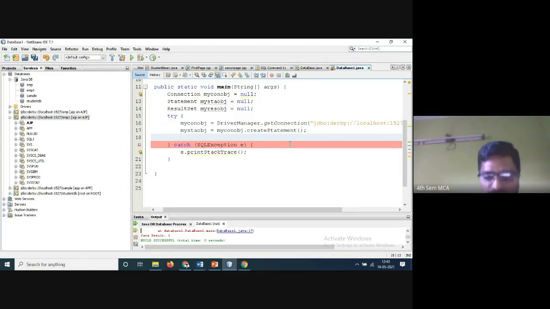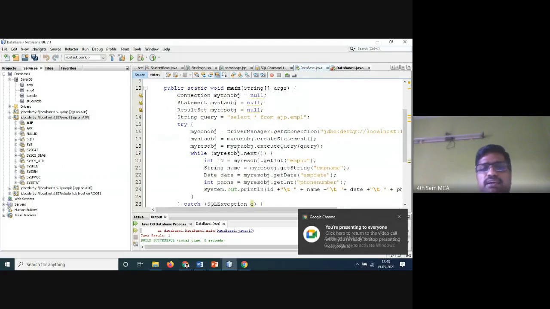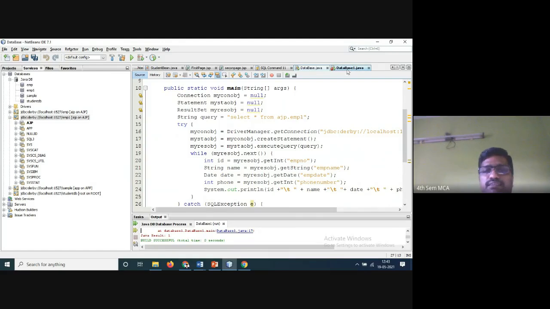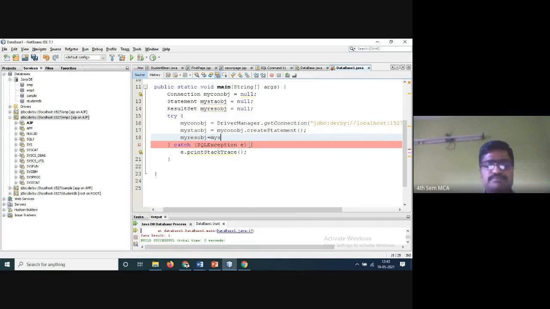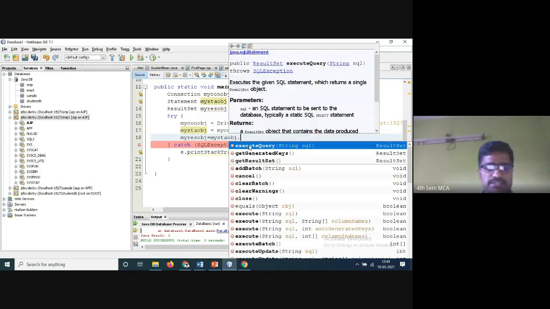My results obj is equal to, what do you have to do? You have to execute the statement. How to execute the statement? My previous statement object dot execute query. Write the previous one, my statement object dot execute query.